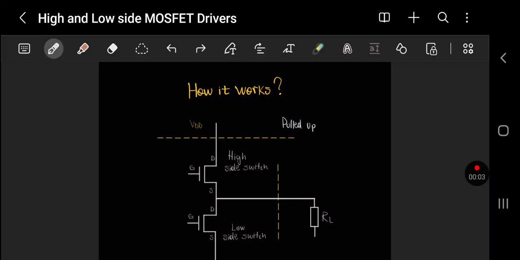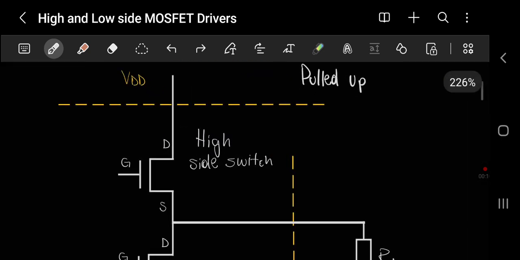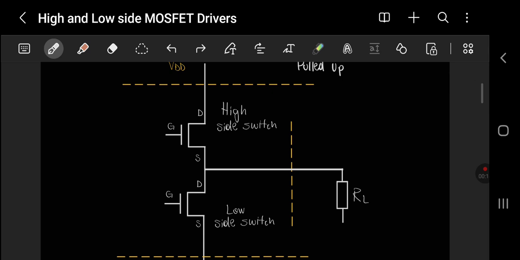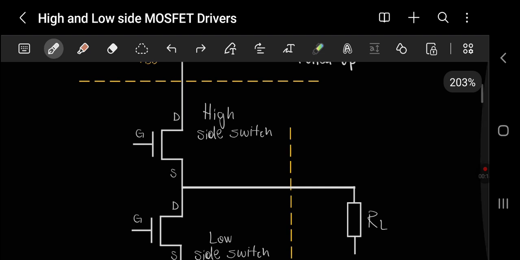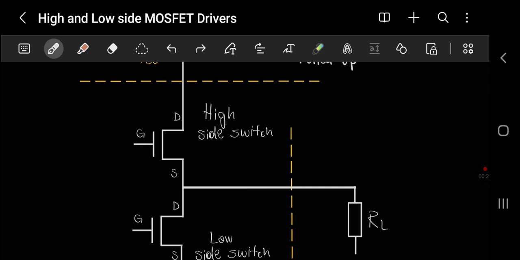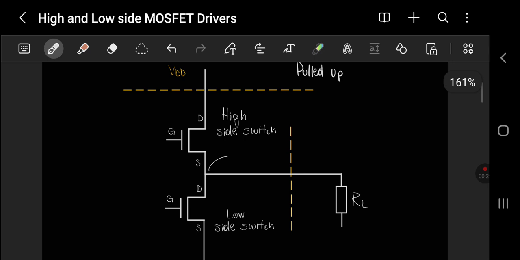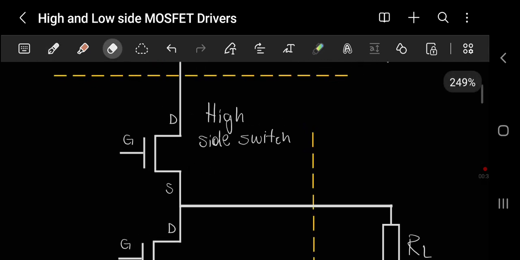Hi, in this video I wanted to explain how the high side and low side MOSFET drivers work. This type of circuit with these two N-channel MOSFETs in series is commonly used in synchronous buck converters because it makes use of the switching node to provide an average signal to the load as it switches. So let me explain this